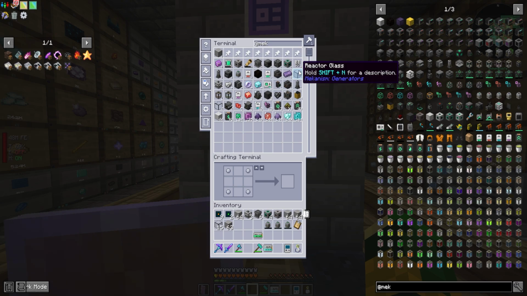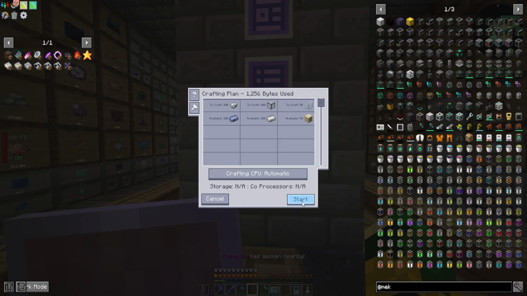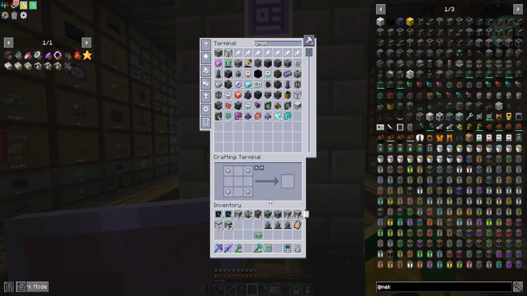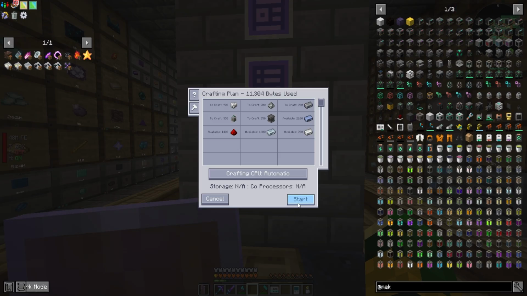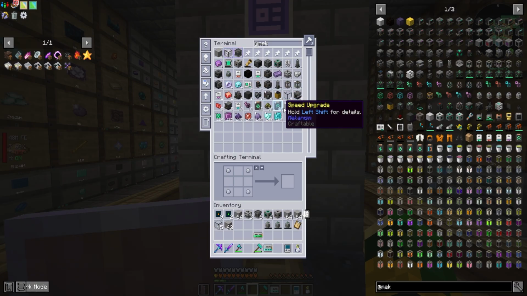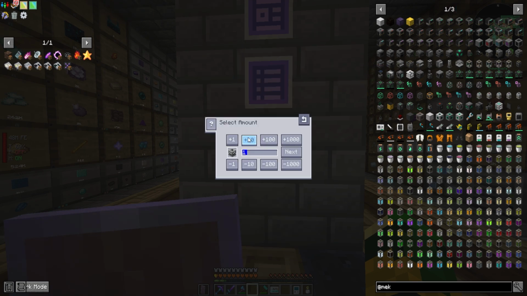We're going to need some reactor glass. And again, I don't know how much we're going to need here, so let's just go ahead and make 200 just to get us started. And we'll call that good. We're also going to need the fusion fuel assemblers. And I don't know, we might want to go big on these. Well, we're going to find out. I'm not too worried about components at this moment in time because we got so much resources coming in. So we'll just make a bunch of stuff, and then if we need more, we'll get more.